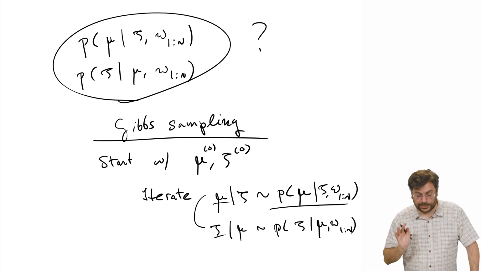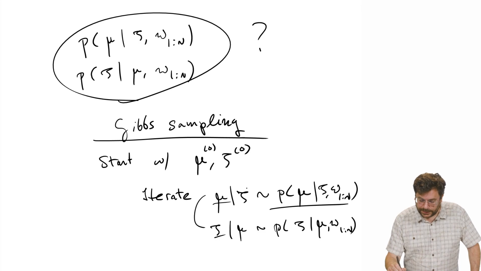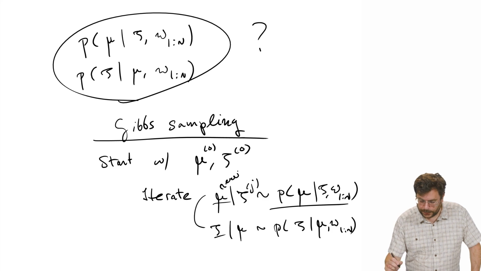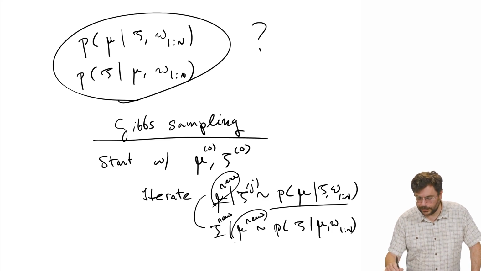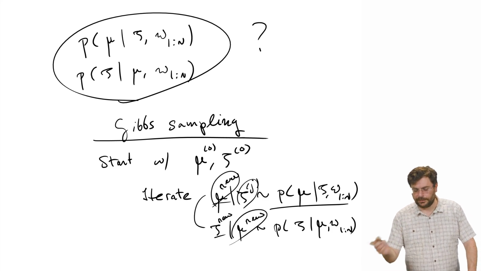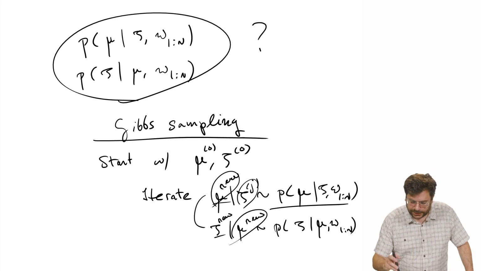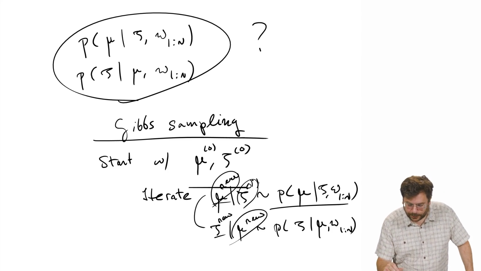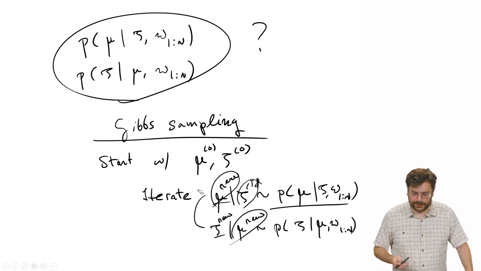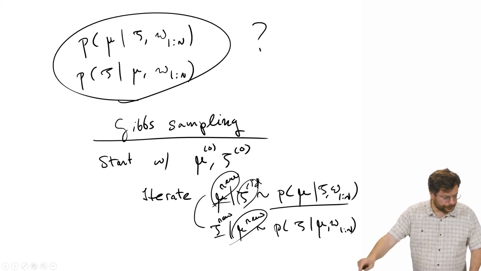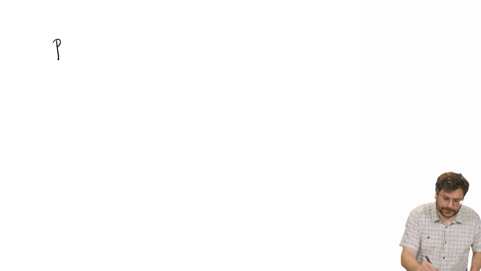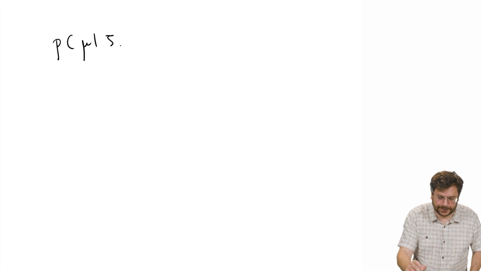And again, if I want to be super clear, this would be j, this would be nu, and this would be nu, and this would also be nu. So I would take this mu and I would put it in here. This would be the one from, maybe instead of calling it j, I can call it old. This would be the one from the previous iteration. Okay, so the question remains,